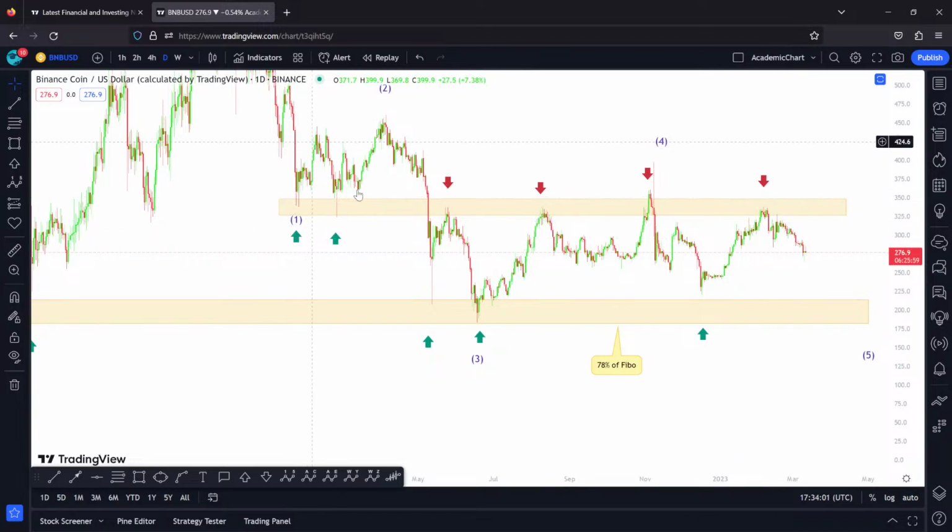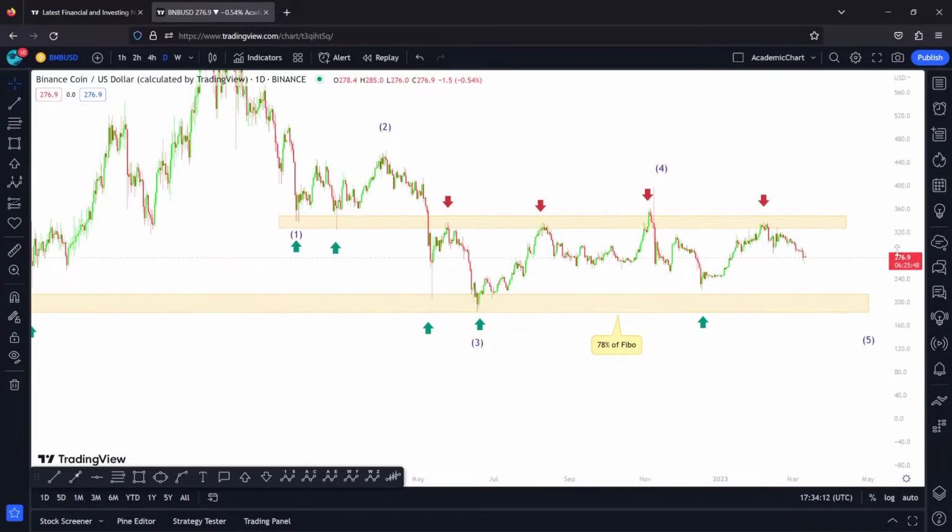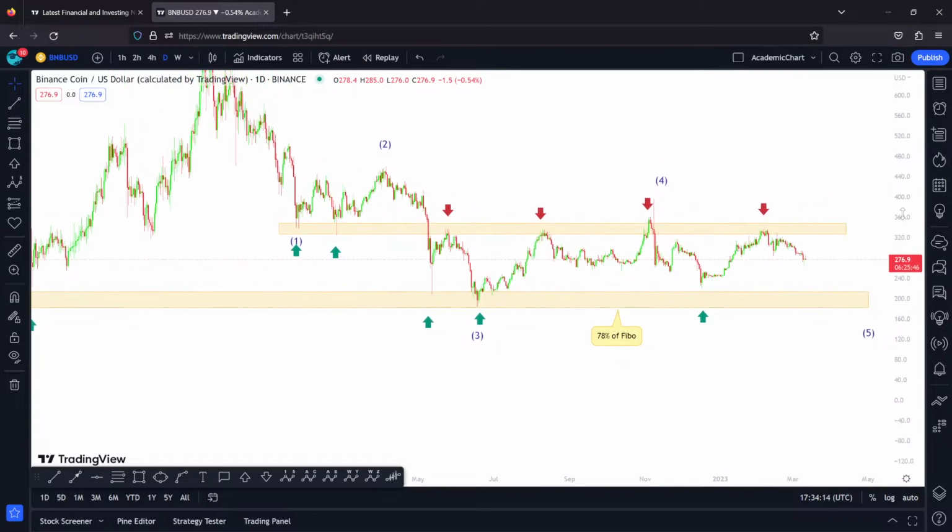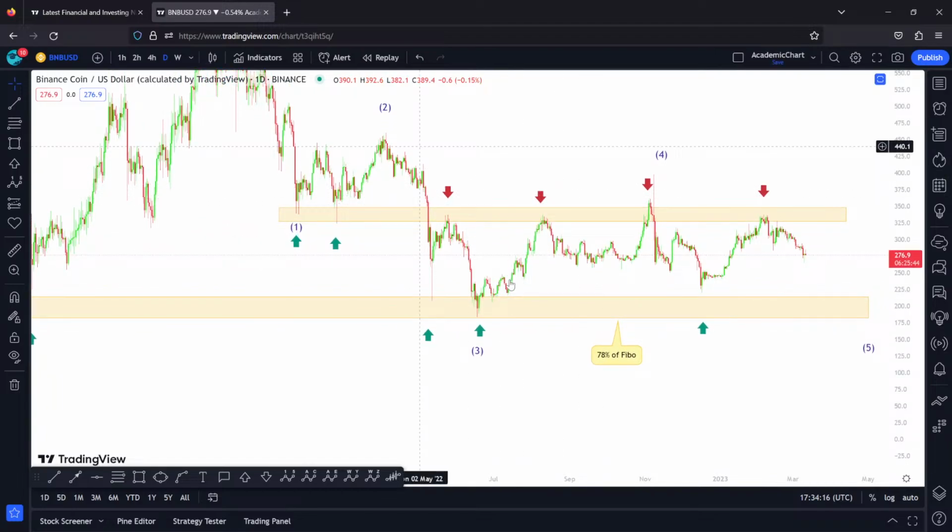Just look at this zigzag or flat that we just talked about. It makes sense in comparison to its impulsive wave, which was the first wave here. But if we count this as a third wave, how long can this fourth wave be? The reason is that this is an extended sideways wave correction. It means that I can utilize this. You can see in the